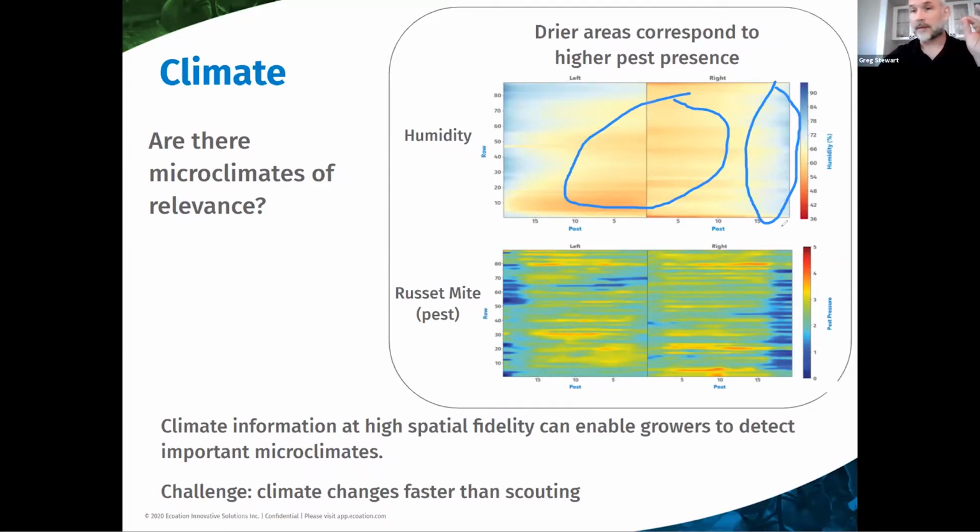Now, the thing that we notice then, if we combine that with our pest maps, we also see that there's a correlation between the moisture as well as the pest pressure. And so then this will in turn potentially have an impact on your production. So this is the type of thing that you can start to see if you start to bring together these measurements that we've never really been able to do within agriculture before.